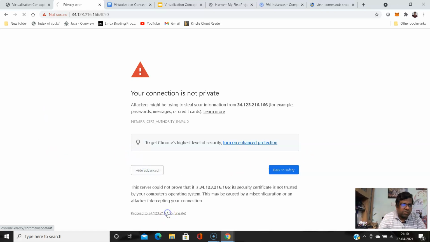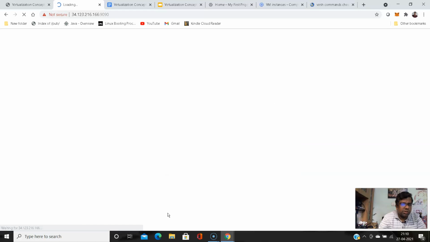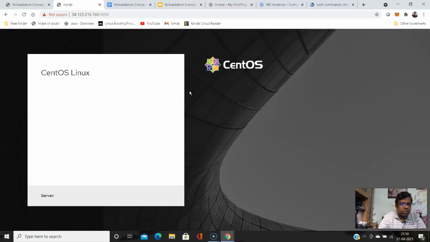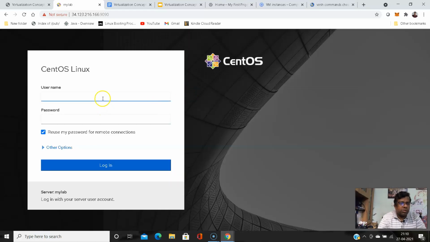It's showing a certificate error. Port 9090 is used for a utility called Cockpit. That Cockpit utility can be used to access the graphical desktop of that server.